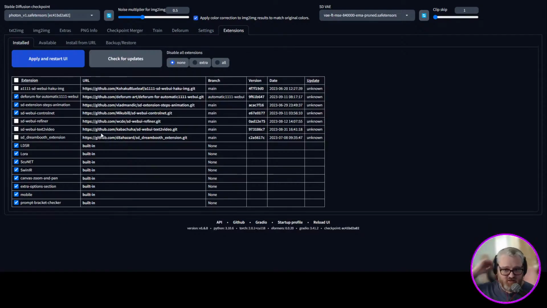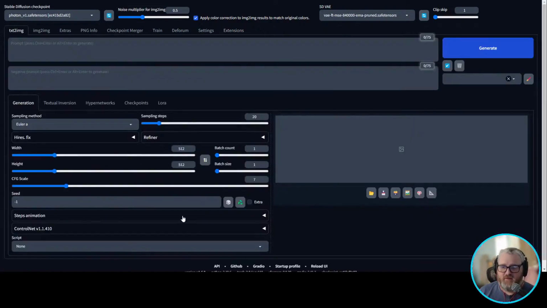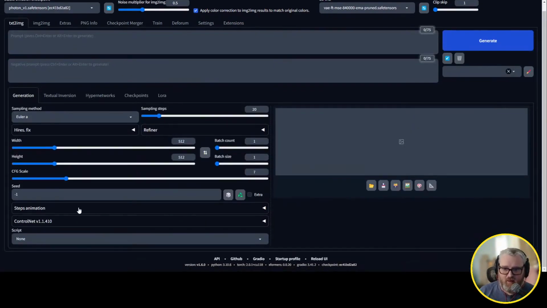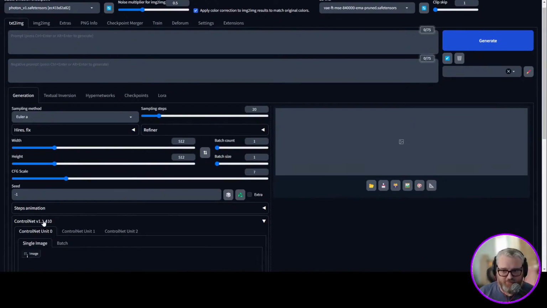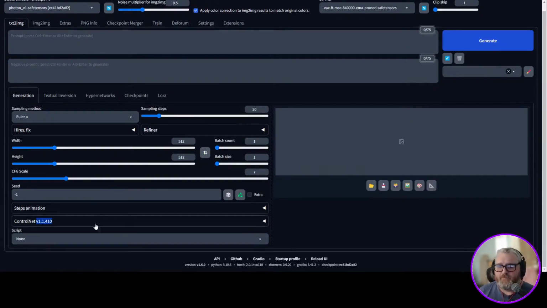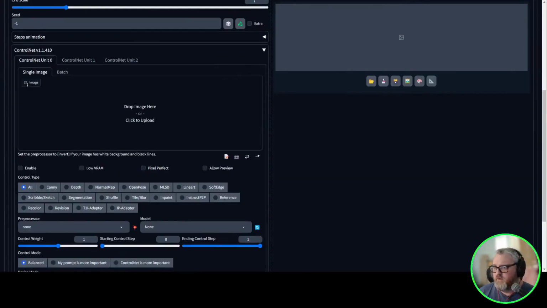Make sure you wait till it's finished, because if you do it too early, it can break your whole setup and you have to start over again. It's really fun. Once ControlNet's installed, restart your UI and you'll be back to this screen. And then you'll see in a lot of the windows, you'll have this new ControlNet drop down. So let's pull up a mask I already made.